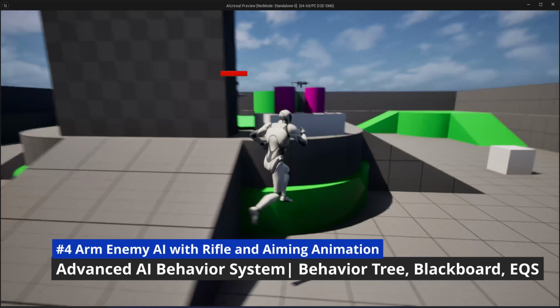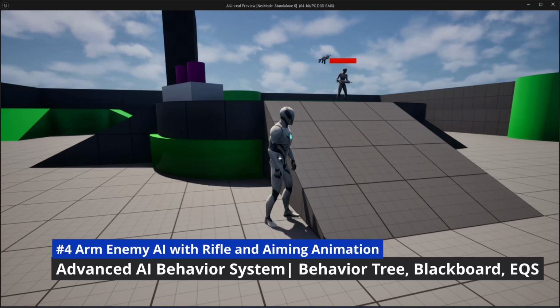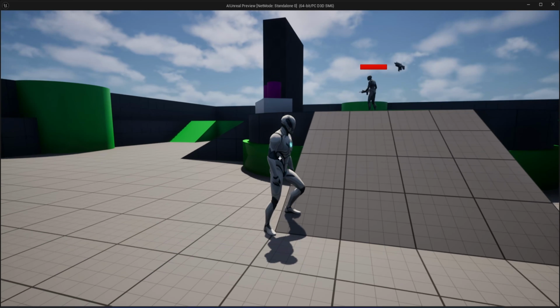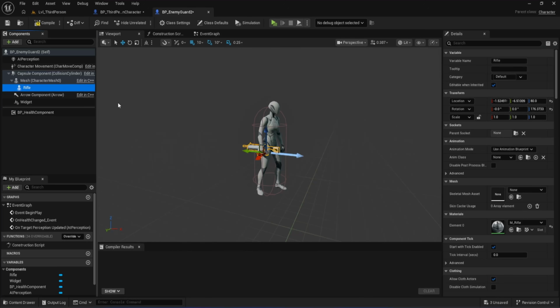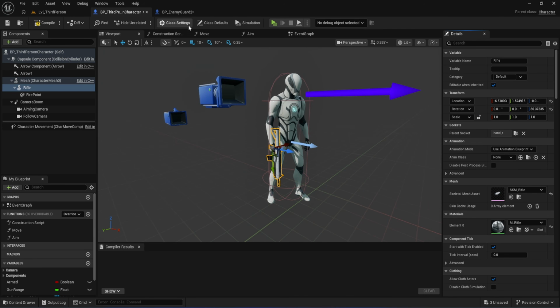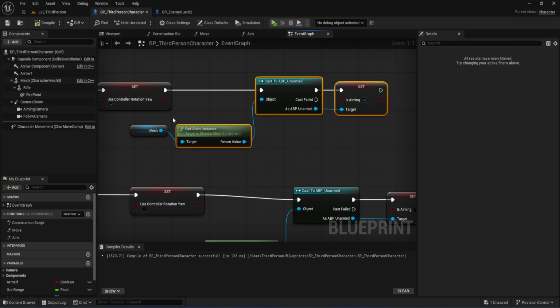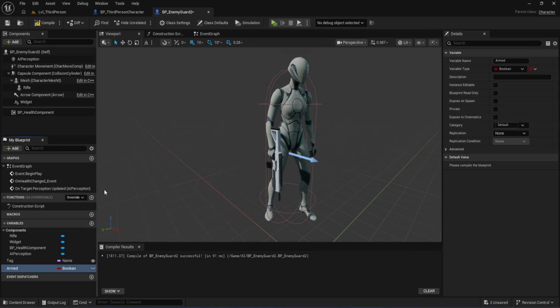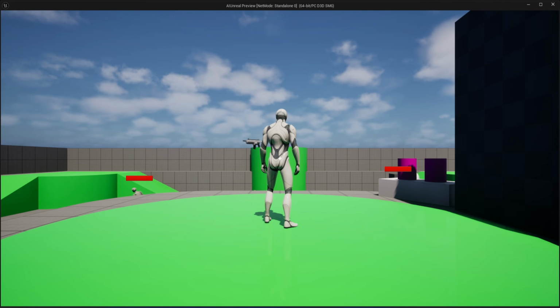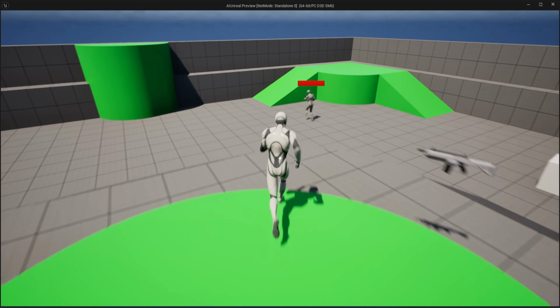Welcome to Part 4 of the Advanced AI Behavior System series in Unreal Engine 5. In this video, we are going to arm our enemy guard. We will take the rifle setup from our third-person character, attach it to the enemy hand socket, reuse the aiming animation logic, create a clean arm enemy function, and make the guard start the game with a visible rifle and